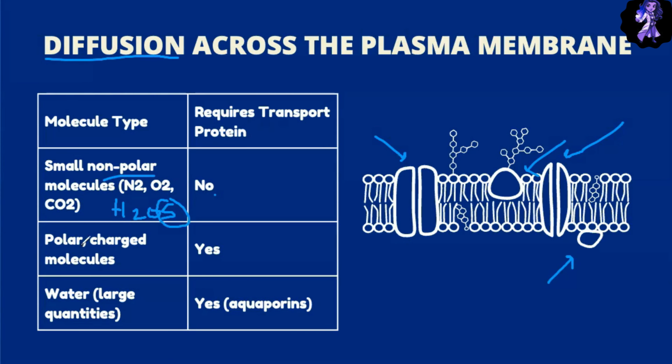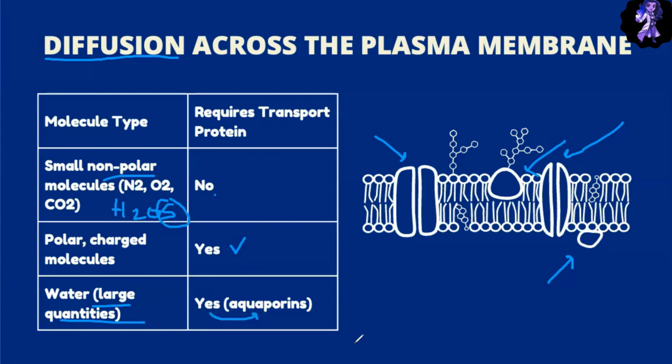However, if it is polar and charged, they do require a transport protein, and if it is water in large quantities, they do need a transport protein, and specifically the protein associated with large bodies of water is called